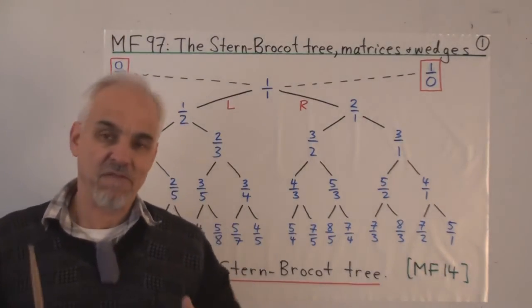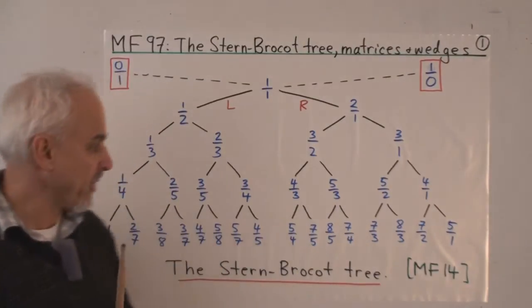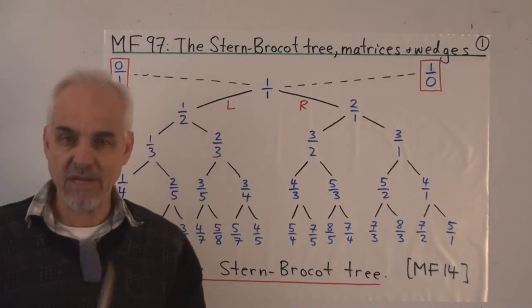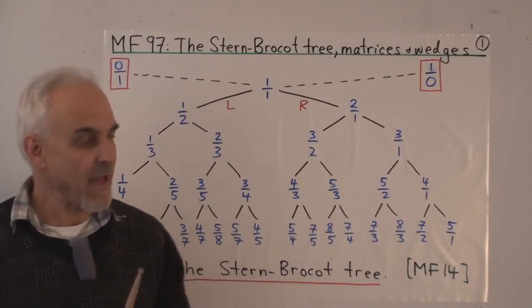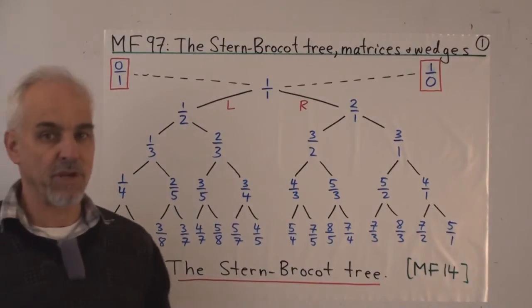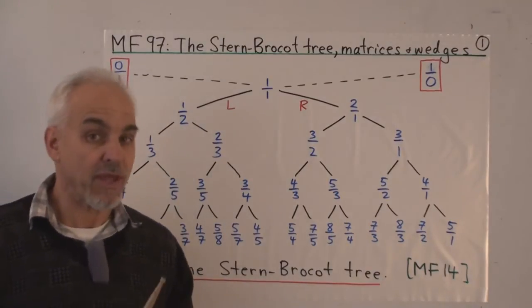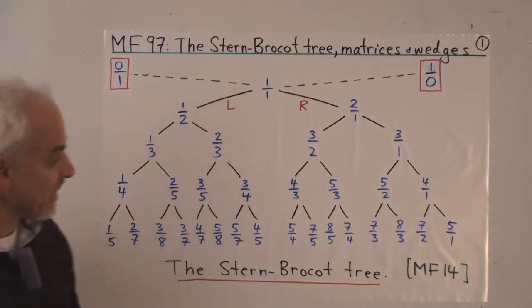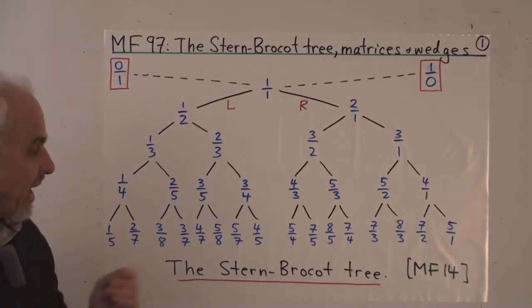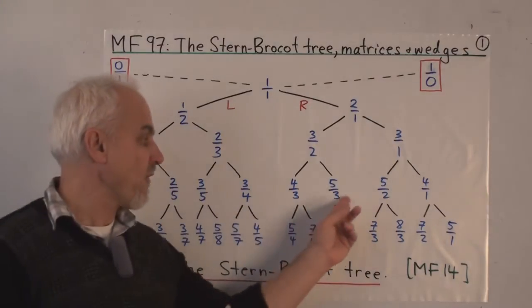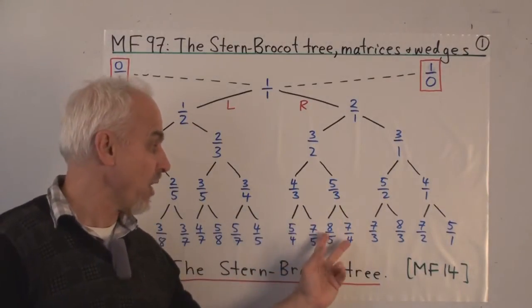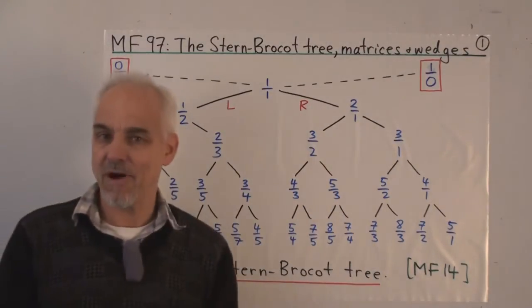Today we're going to have a look at a variant of it where we replace the fractions with matrices. That's going to be in some sense simpler, even though the matrices are a little bit more complicated than the fractions, because they allow us to answer the question of how do you go from an entry to the two below it if you don't know anything above that entry.